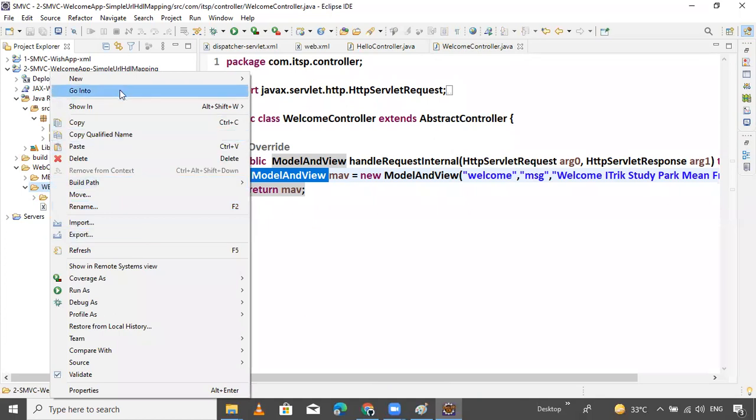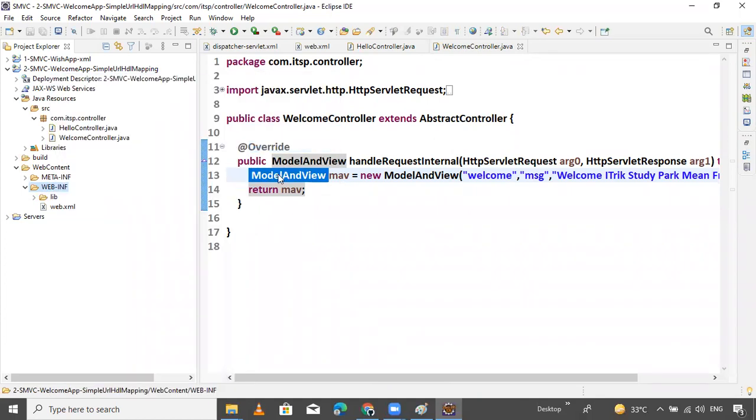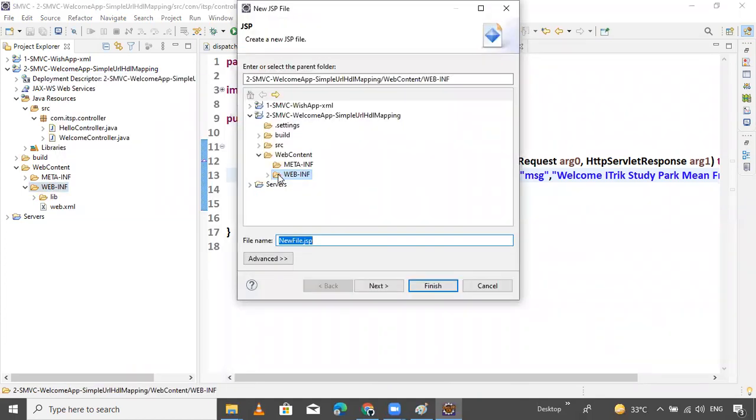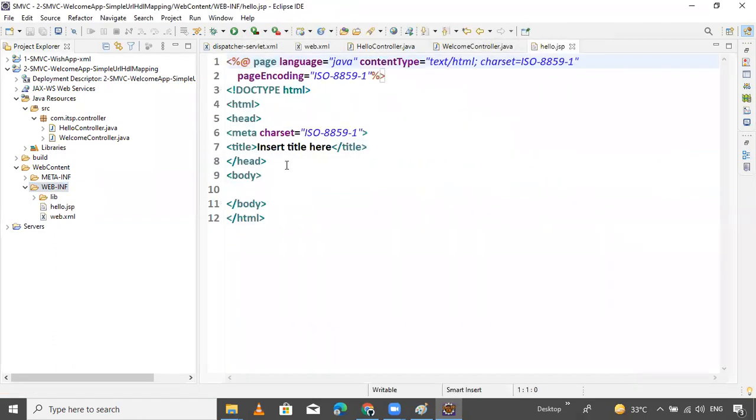So where do you prepare JSP files? Inside the WEB-INF folder. First, hello.jsp is created. Simple, remove this, it's not required.